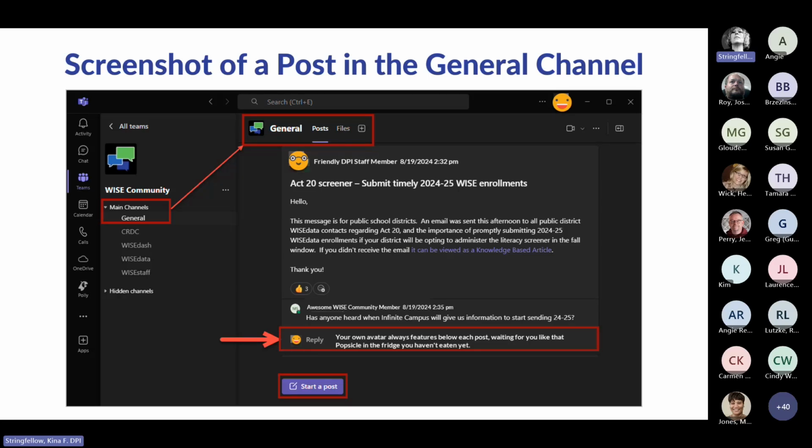And then underneath that, you can see that there's a thumbs up. You can react with emojis to a post if you want to. You don't need to feel obligated to do that, but it's nice for us as DPI members who make those posts because it lets us know that someone's reading them. And then underneath that is a response from an anonymous WISE community member. And you can tell that because their avatar is different than a DPI member's avatar,